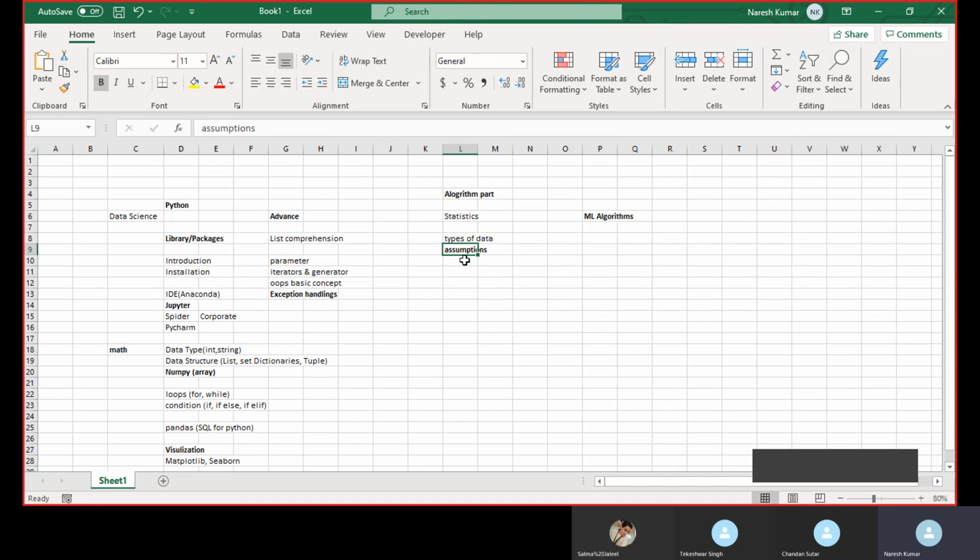While training your model, you have to assume a few things about how your model should behave or what output it should have. Then only you can move forward in building those models. For these assumptions, we will be doing hypothesis testing.